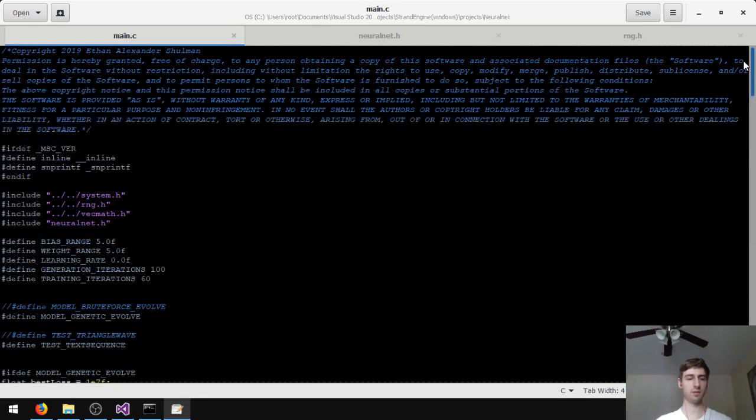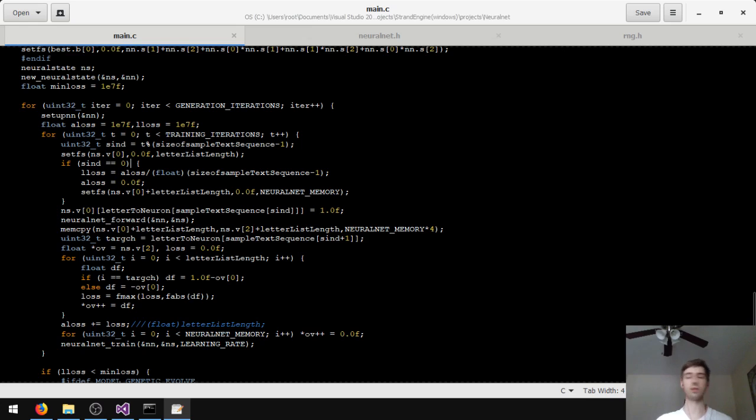Iterations. The length of 60. So it'll go the first training iteration, it'll reset this. Then, if it's doing 60 iterations, the last one will be 59. So 59, size of sample sequence minus 1, which is 59. Mod 59 mod 59 will be 0. So then this will be 0, and this will do a loss divided by the sample text sequence length minus 1,